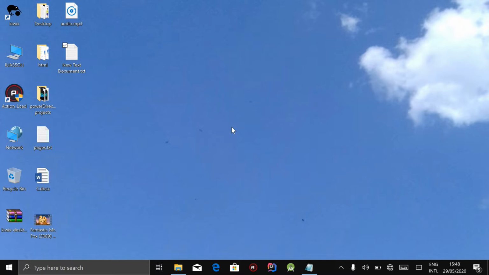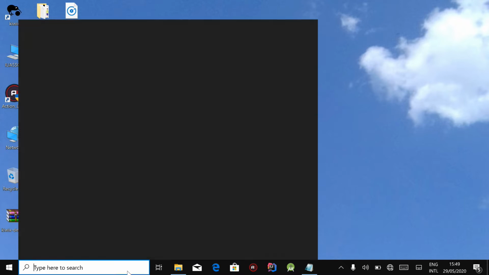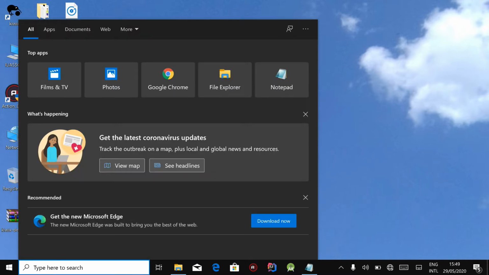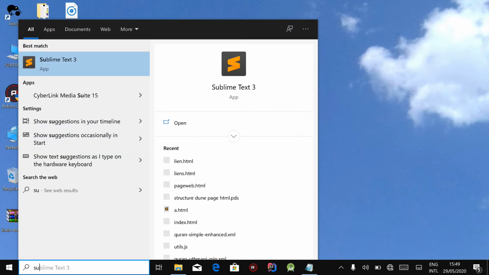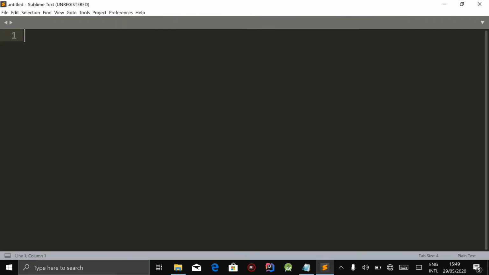Hope that you've downloaded the editors that I showed you how to download in the previous video. So I'm going to use Sublime Text. Hope you've downloaded it. I'm going to open it. Sublime Text. Okay. Now I've opened it. So in order to create an HTML file, you come here in the file and then new file,